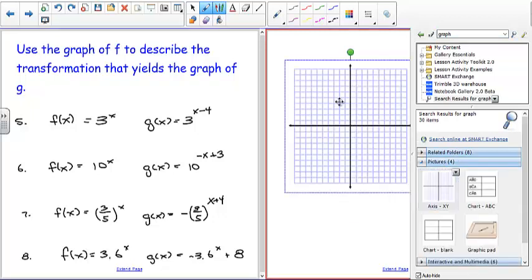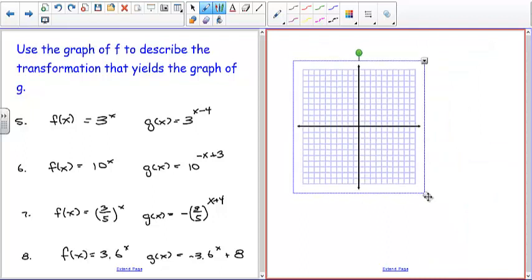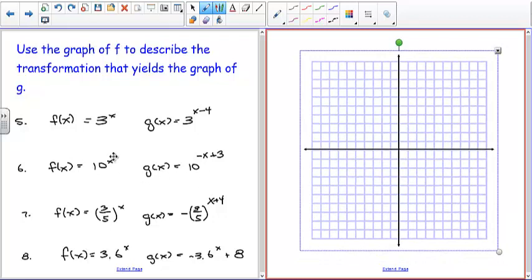So we'll learn about how you can plot these parent functions, and a lot of it has to do with just, what's the value when x equals 0, x equals 1, and when x equals negative 1. Kind of gives you 3 points. So here we have 3 to the x. If we have 3 to the 0 power, you get 1. So all of these, in terms of the parent function, should go through y equals 1 when x equals 0,